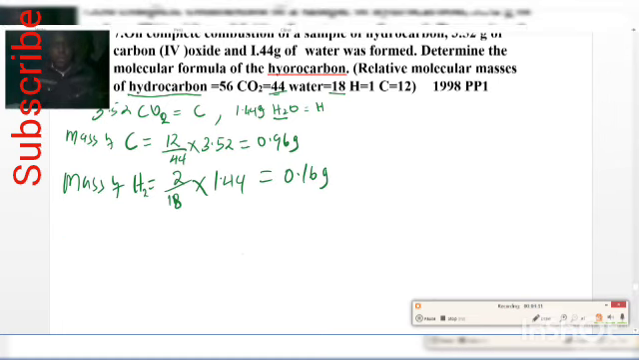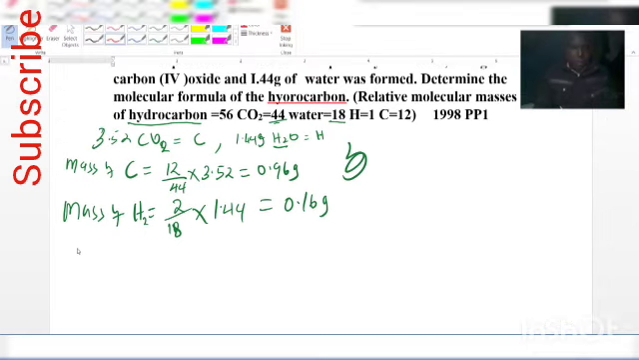So once we have that, since now we have the mass, now we can calculate the empirical formula. We can write element. Now we have the mass of each element, so we can calculate the empirical formula. We know how to do that. Element: we have two elements,